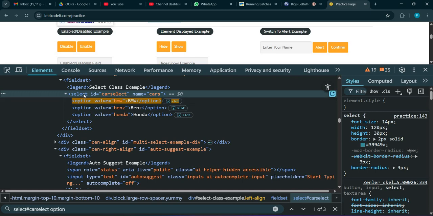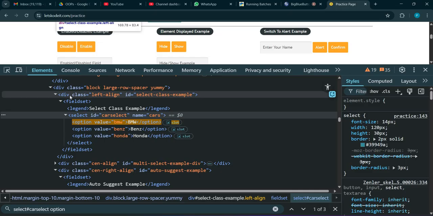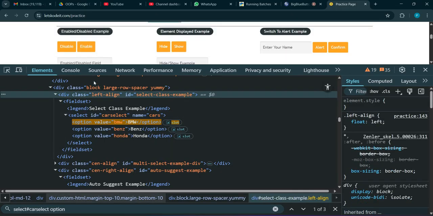So option would be the child's child in that case. So that will not be found here using this. Let me give you an example. Let's say from this div I want to find this option. I want to start my CSS from this div